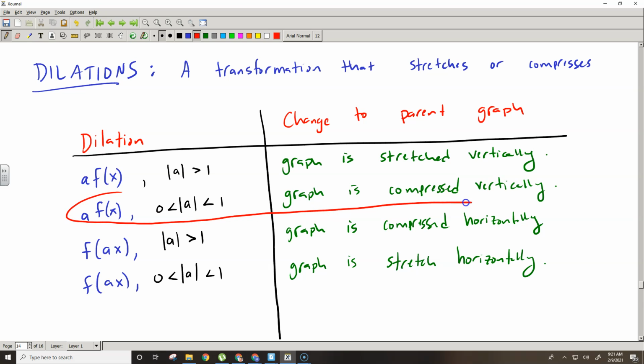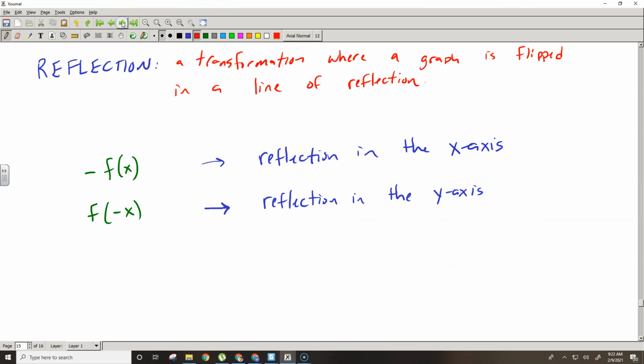We're multiplying the function by an a value that is in between 0 and 1, right? The absolute value of negative 2/5 is 2/5. And so this is going to be a graph that is compressed vertically, or this is one way we can think of it, right? So my a value